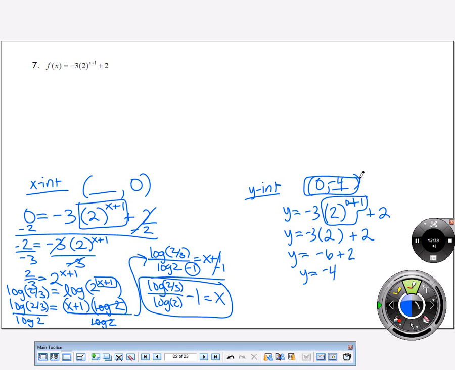Is everybody okay with finding x and y-intercepts? Hopefully you see why we spent all that time doing those solving things at the beginning, because they're going to help you do this here. So your test is going to